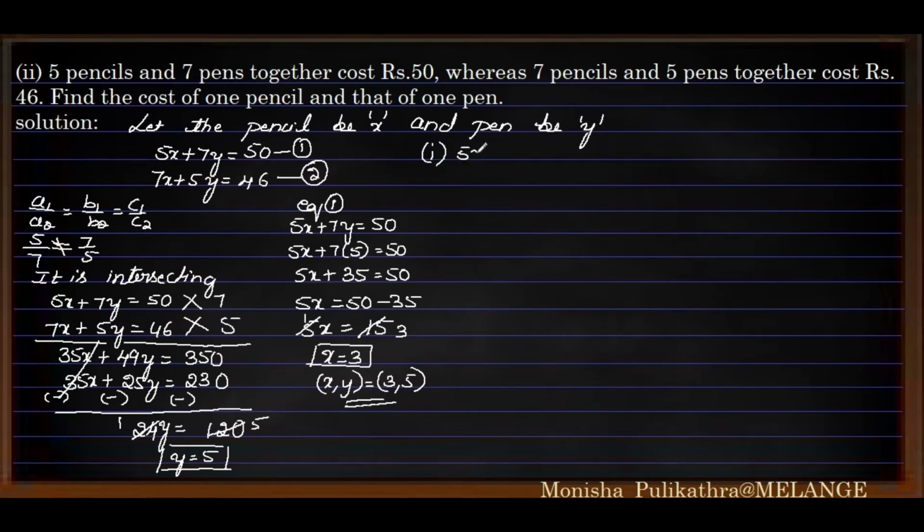So the first equation is 5x plus 7y is equal to 50. Here for the y term, a positive sign is there, so we keep it as it is. Next, we need to shift everything else to the right hand side. So I will be shifting 5x, it will become minus 5x. In the next step, y is equal to 50 minus 5x divided by 7. So this is the new equation. Next we need to find out the points.